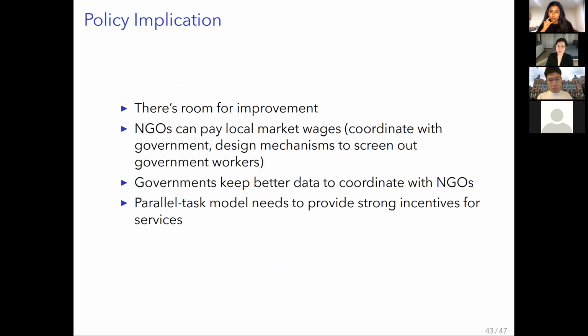And one thing that we haven't talked much about is the parallel task model used by this NGO, and actually many, many NGOs these days, which is this idea that they can sell things while providing free services to be financially self-sustainable. On the one hand, that's great because it makes them more independent from large donors. On the other hand, one of the things we show in this paper, and which I haven't had time to get into in our 40 minutes, is that the NGO workers, because they make money from selling, spend all their time selling stuff and very little time